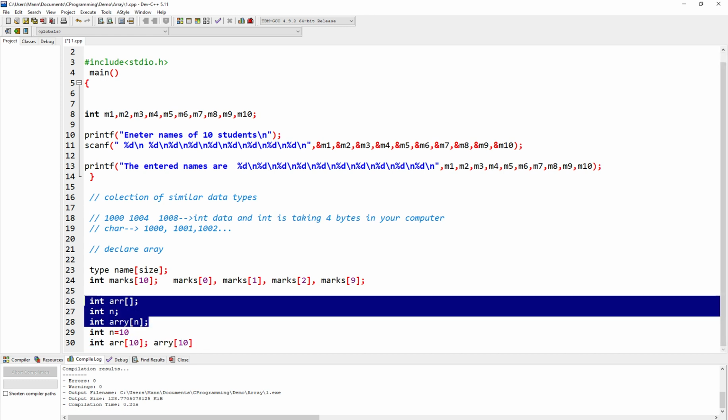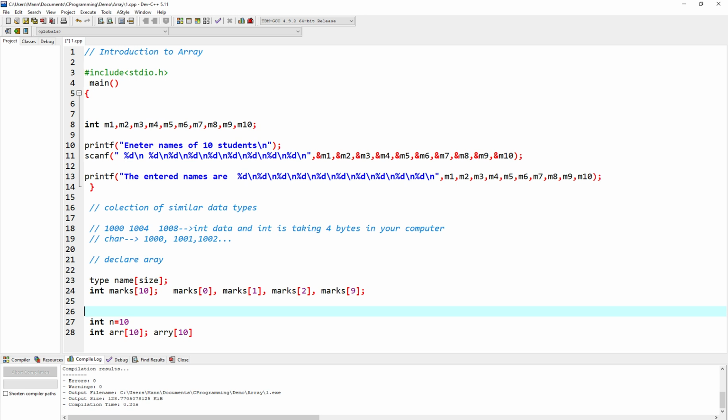So if you declare an array and the size of this array is 10, it means that we can store 10 elements, starting from index 0 up to 9, so that becomes 10, right? And if you try to fetch the 10th element, we do not know what the result will be, but obviously the last element will be stored at arr[9].